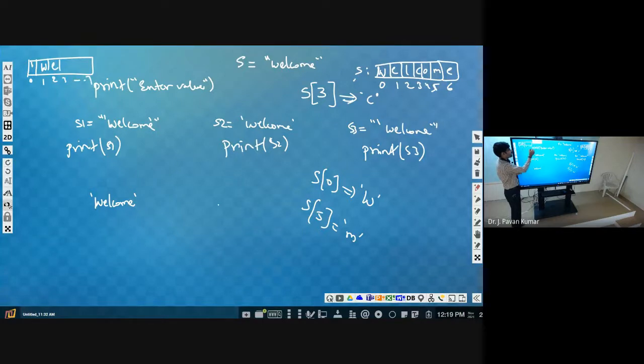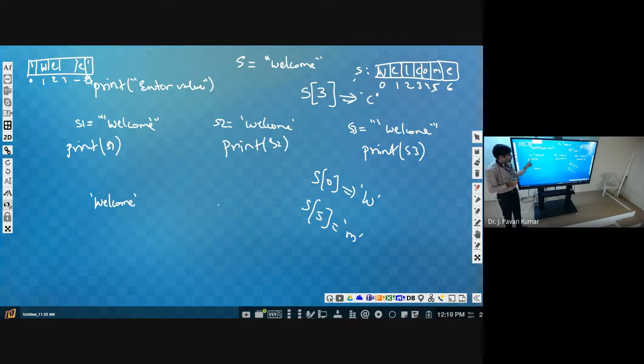We will have up to 8, because the length is 9, so up to 8 we will have indexes, 0 to 8. So at last we will have a single quote. Okay, here we will have E like this. Got it? So whenever you print, it will print from here up to this.